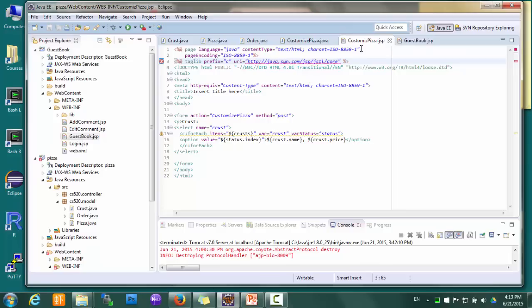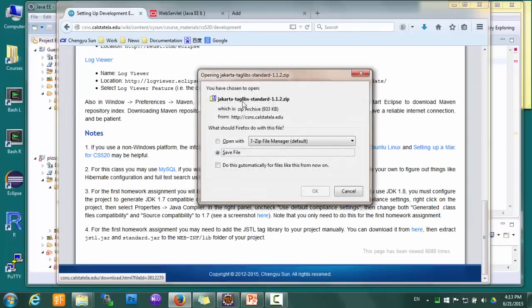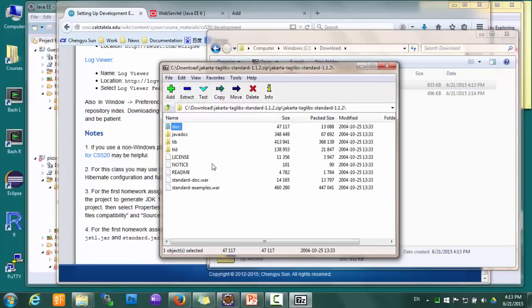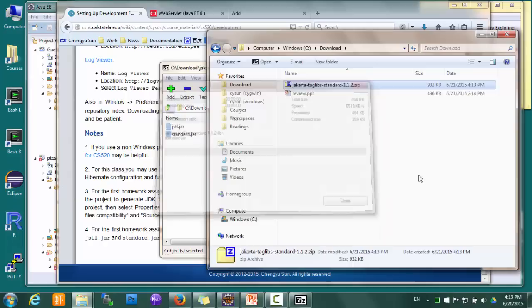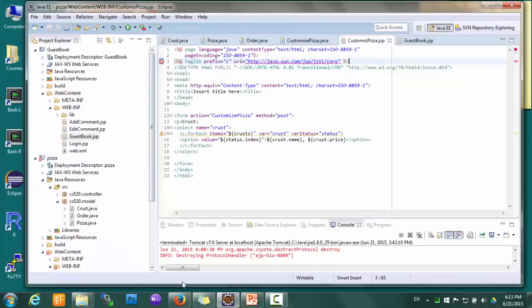When I set up my environment, I didn't add the JSTL library to the server because later on we'll use Maven to automatically add all the libraries to our project. And because of that, I have to add the JSTL jar files manually. What we can do is go here and download this zip file, which is the JSTL tag library. And from that zip file, grab two jar files, JSTL.jar and standard.jar, and then put those two jar files